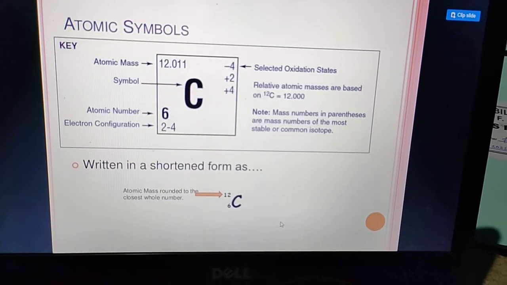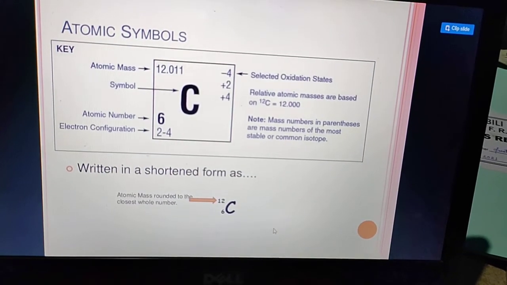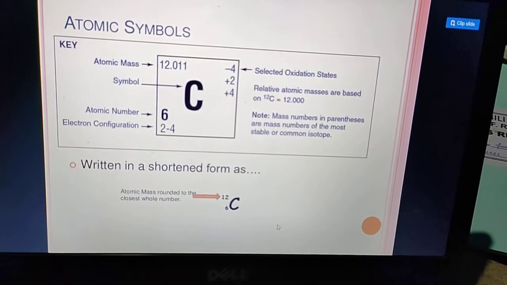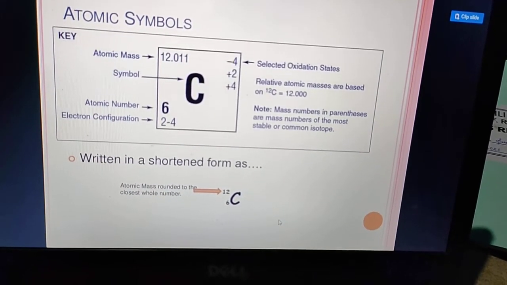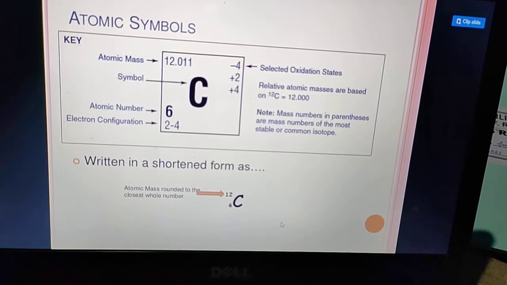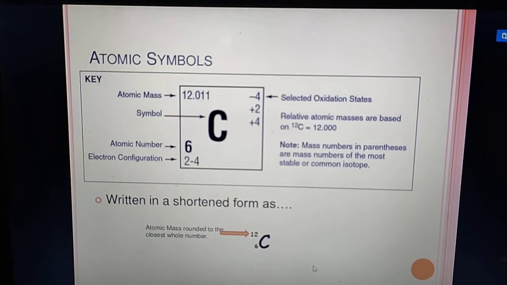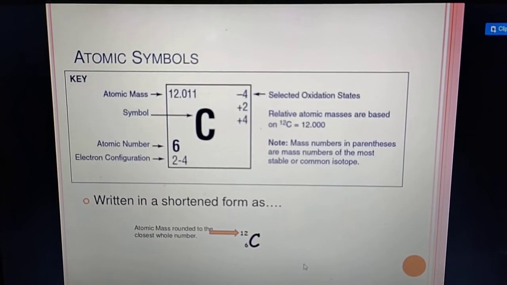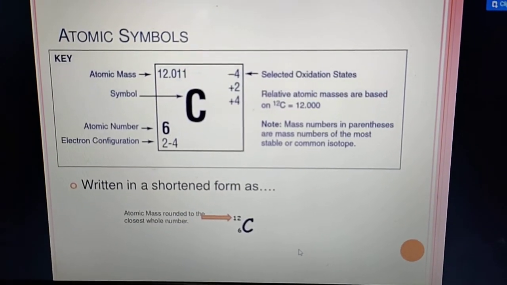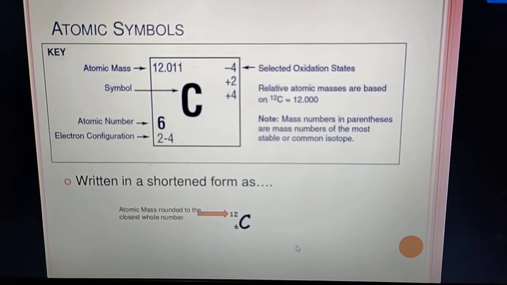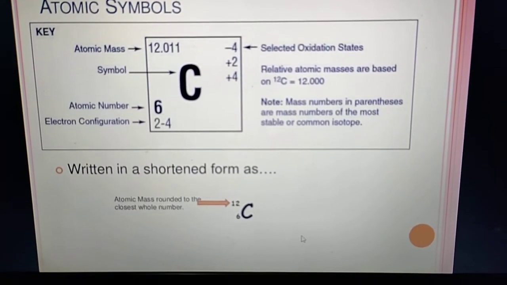The symbol of an element is an abbreviation, or we can say a shorthand notation, for the full name of the element. Now in the next line in the book you can see that the symbol of hydrogen is capital H and helium is He. First letter capital and the second one small.